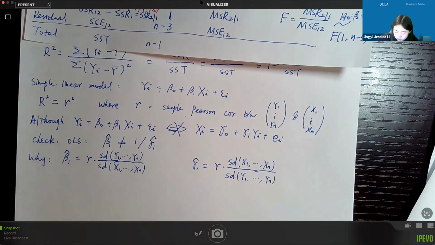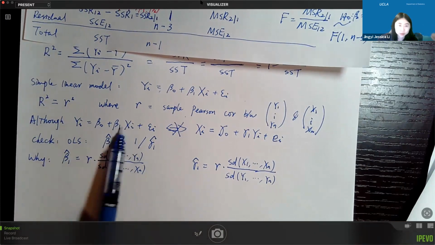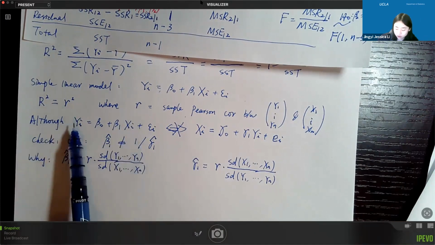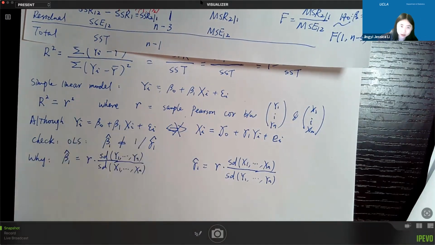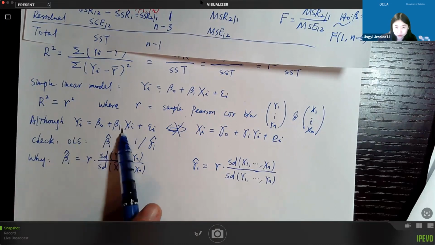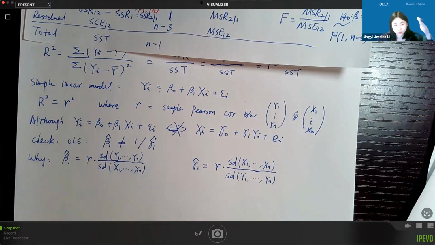So if you really want to have that symmetry, right? I take the y as x, x as y, I fit a line, and the line will be just symmetric with my original line by having the 45-degree line as the center. If that's the thing you want to have, then you cannot use ordinary least square. Instead, you can use something called the